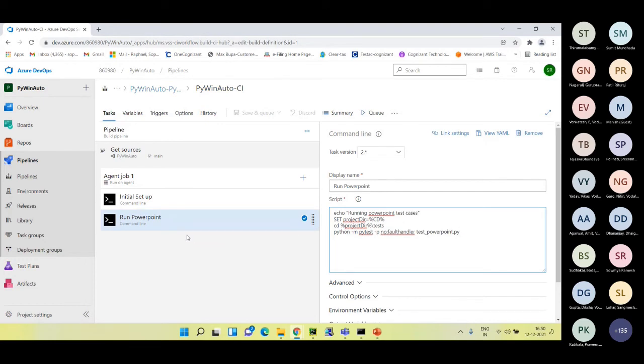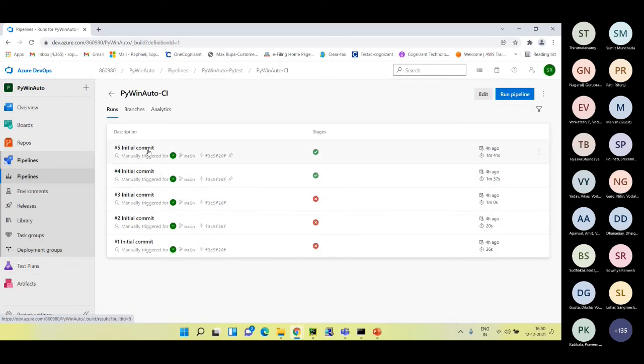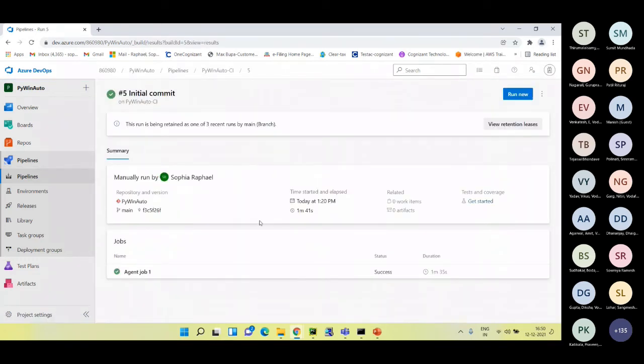If you have an agent installed in your system, that agent will be shown. I'm assuming that you're aware of that. If a running agent is there on your system and you trigger this pipeline, as I had done, I'll show you one of the sample cases that was done by me.